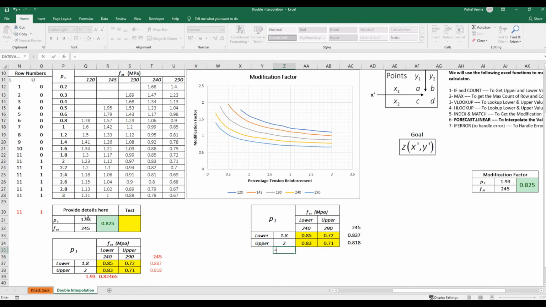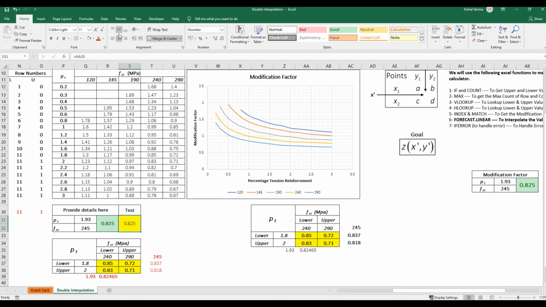So I am referring to this 1.93. Let's calculate again with FORECAST.LINEAR. What is the x value here? It is 1.93. What are the y values? This. What are the known x values? This. Okay, so 0.82465. So if we refer this as this, we are getting 0.8245.